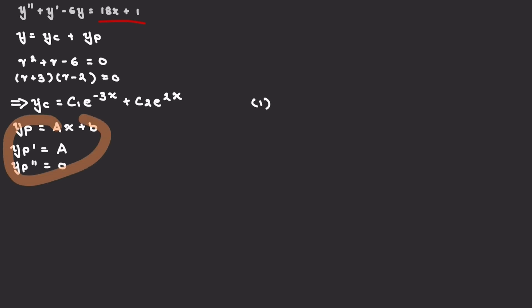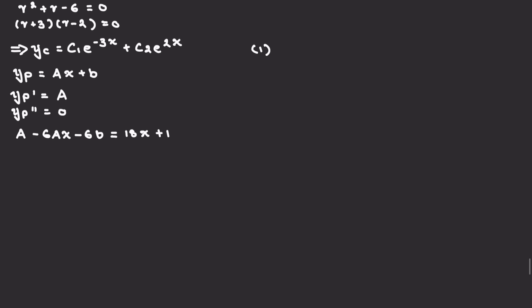Now let's apply these to our original ODE and plug in y double prime, y prime, and y, so we can solve for both of our coefficients, a and b. Plugging them in, y double prime is equal to 0, and we can ignore that. y prime is a, we plug that in, minus 6 times (ax plus b), so negative 6ax minus 6b equals 18x plus 1. And solving for this, we can see that